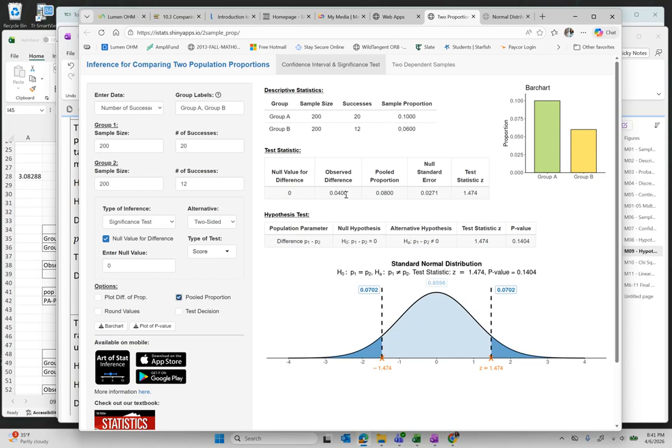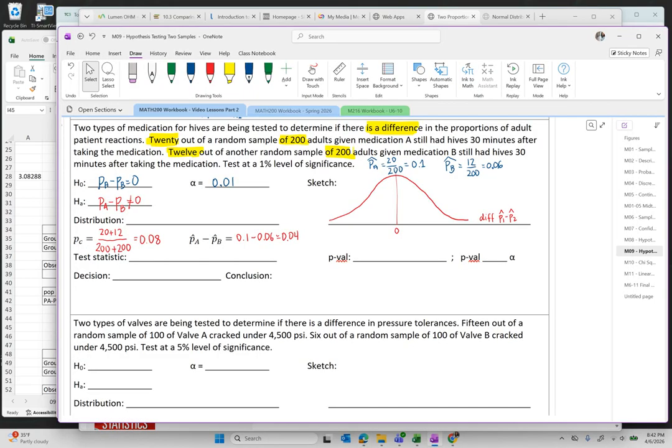The observed difference 0.04, which we already had determined. The pooled proportion 0.08, which we also determined ourselves. The null standard error, that is the standard deviation of this distribution, 0.0271. So I'm going to write it here,